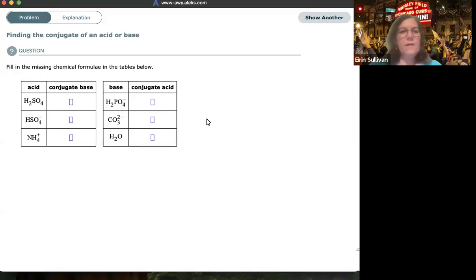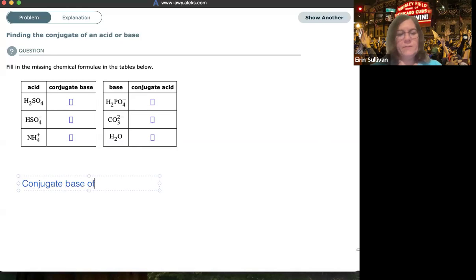All right, so we are being asked to find the conjugate of an acid or a base. Essentially, the conjugate is naming what you have on the product side after your acid has donated a proton or after your base has accepted a proton. Okay, so the general rule is the conjugate,